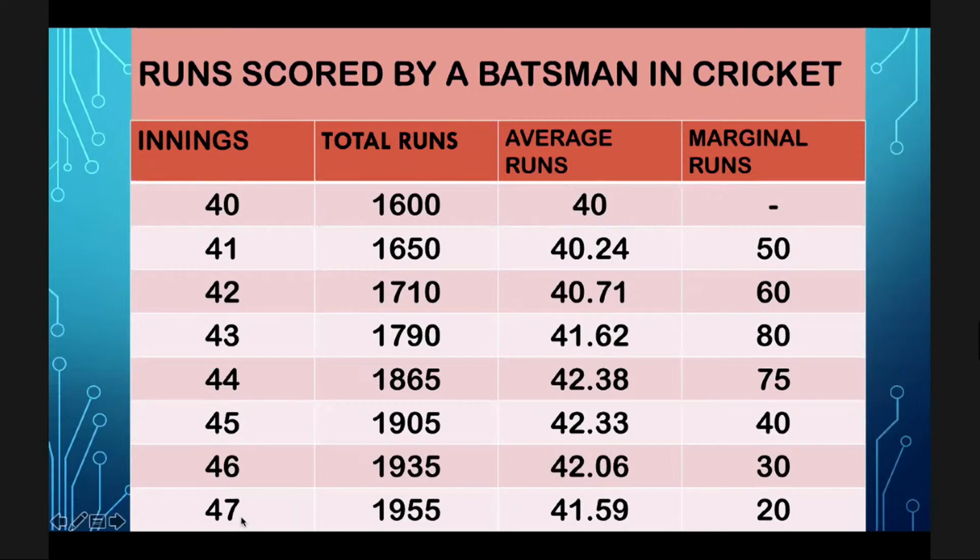47 innings, 1955 divided by 47, it gives you 41.59. So if the marginal run scored by your favorite batsman is less than his average, his average will fall. If the marginal run scored by your batsman is greater than the average, then the average will rise. And this is what we have spelled out